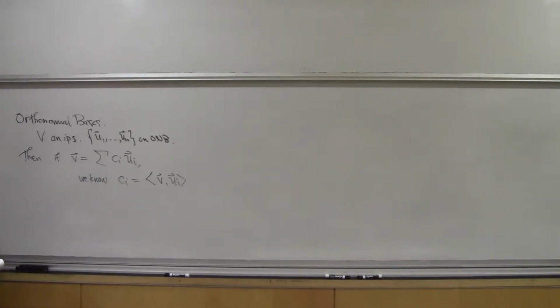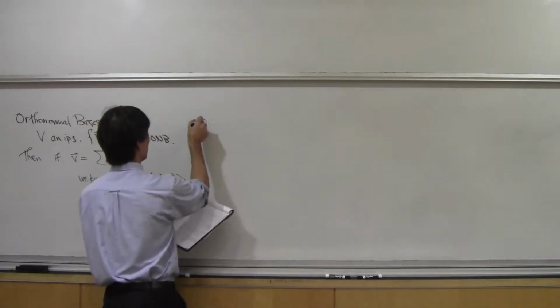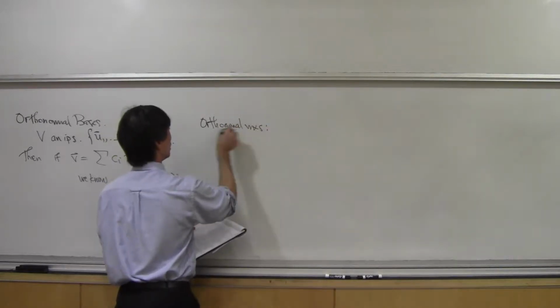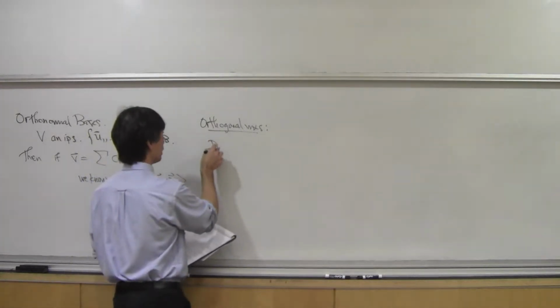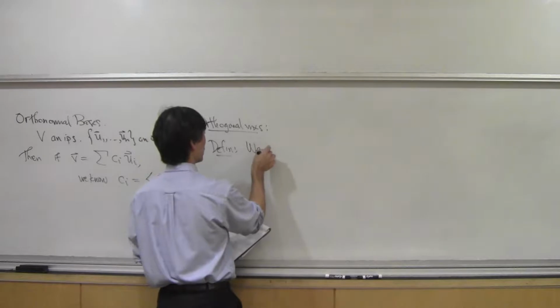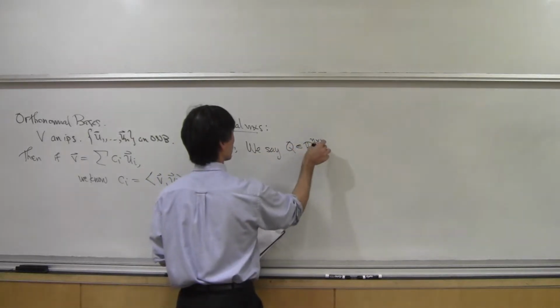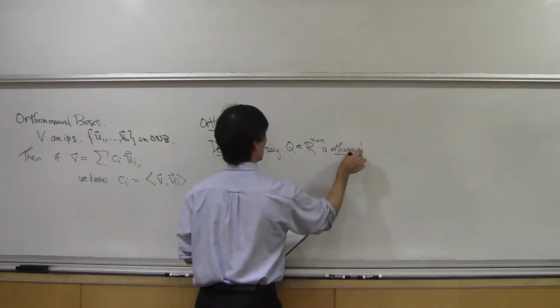Okay. We're going to skip back to this in a second. There's a little bit of a digression to something called orthogonal matrices. Okay, so here's the definition. We say that a square matrix is orthogonal if